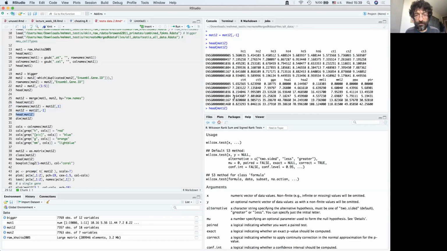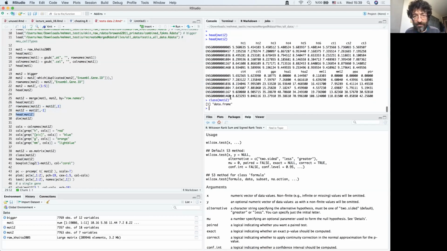Let me also check, this is a data frame. A data frame can be dangerous because sometimes it looks as if it contains numbers, but those numbers might have become factors, and then everything gets screwed up. So just to make sure, we can apply the class function across the columns.